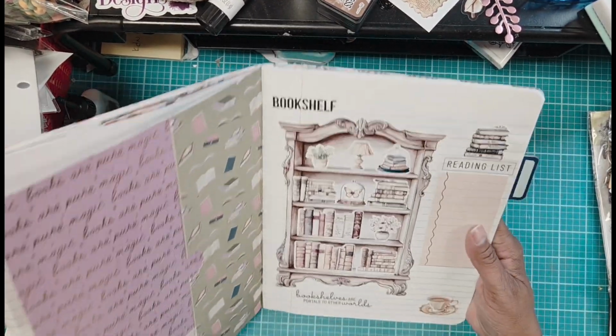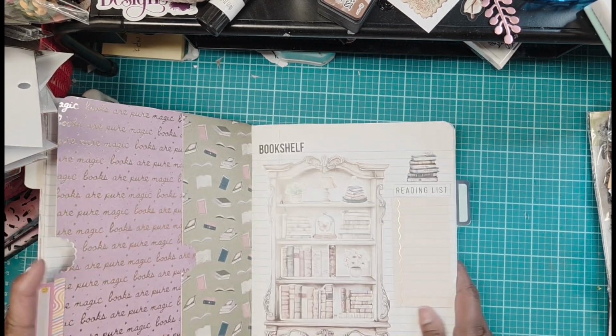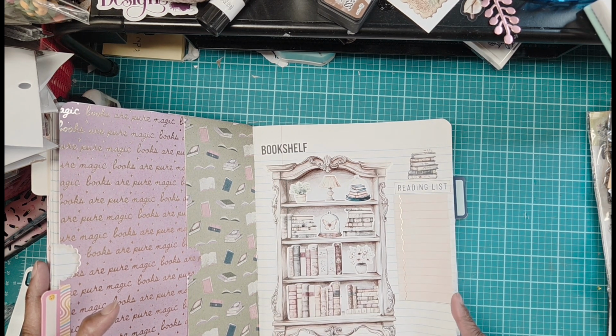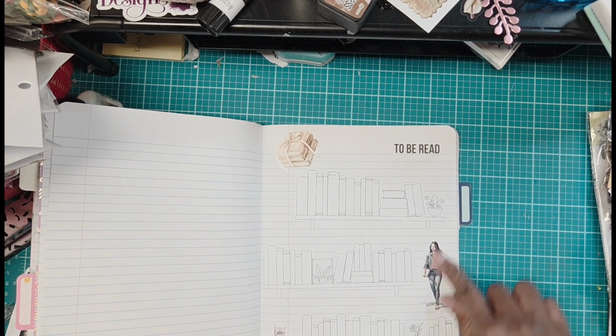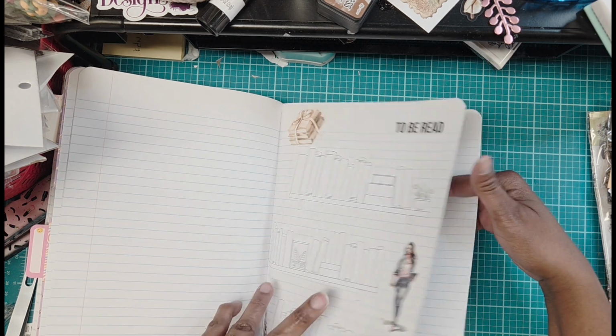And then because I love the bookshelf so much, I did another one. It was so much fun. And I added a little reading list here, so you could add your TBR, your to-be-read list, here, and play with that page that way. And then there's more empty writing journaling spots, and then here's some more to-be-reads with some fun stickers, and a little kitty with a book, it's cute. And then